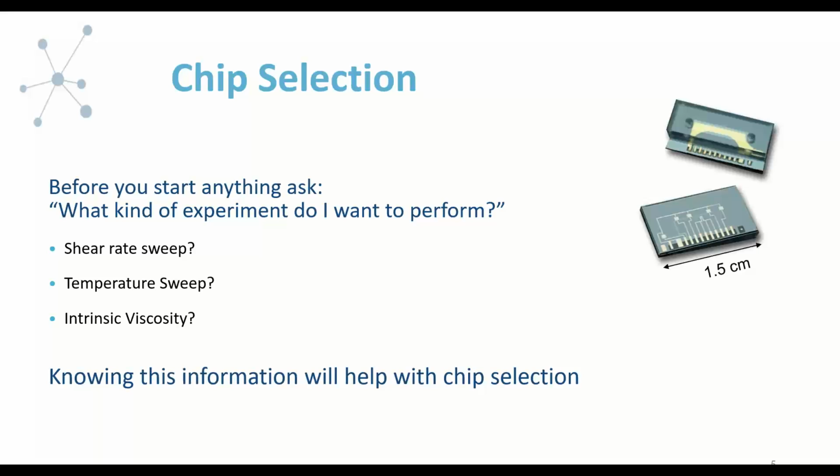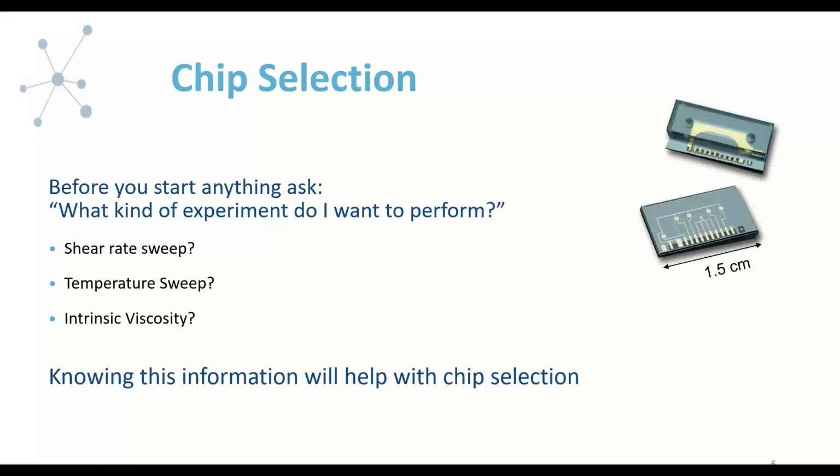Am I doing a temperature sweep where I'm keeping the shear rate constant and changing the temperature to see how the viscosity changes with temperature? Or am I performing an intrinsic viscosity measurement where I'm using very low viscosity samples and very dilute solutes within the solvents that we're using? Knowing this information up front will help you decide which kind of chip you're going to use in your experimentation,